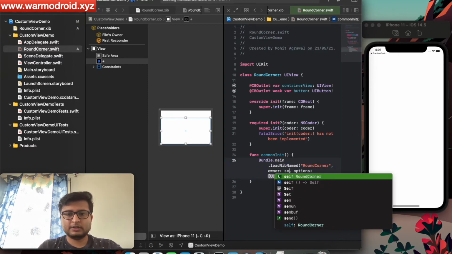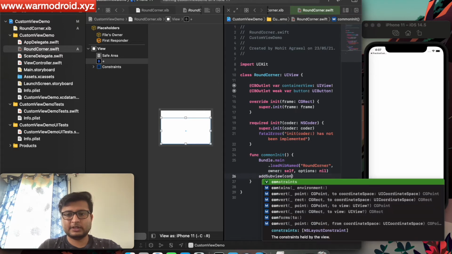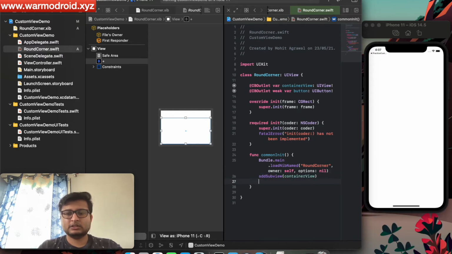Here we need to give self as owner, and here we can give nil. Now we need to add the subview, so here we can give the containerView. Now this is also done.